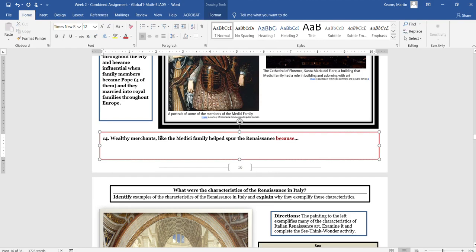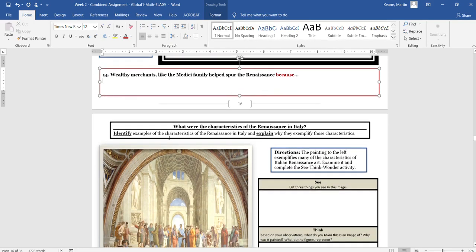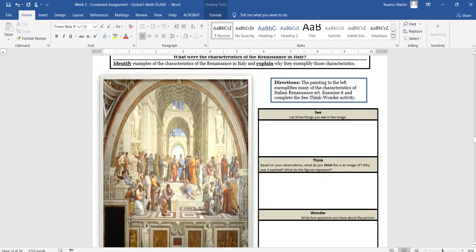Wealthy merchants, like the Medici family, helped spur the Renaissance because... Let me use the information above that I just read. What were the characteristics of the Renaissance in Italy? So you're going to identify examples of the characteristics of the Renaissance in Italy and explain why they exemplify those